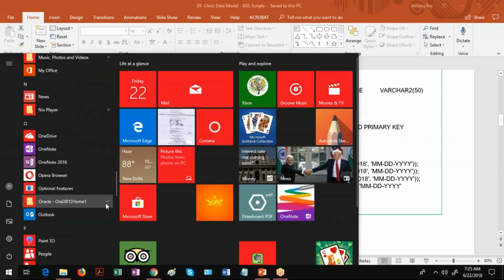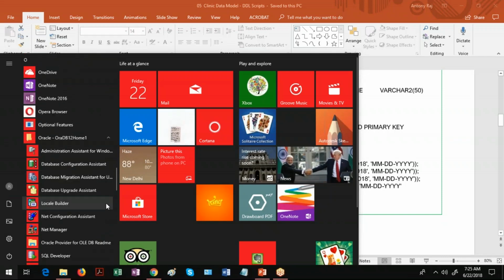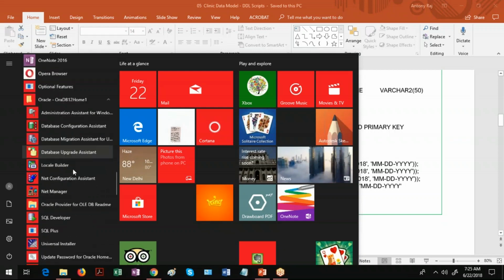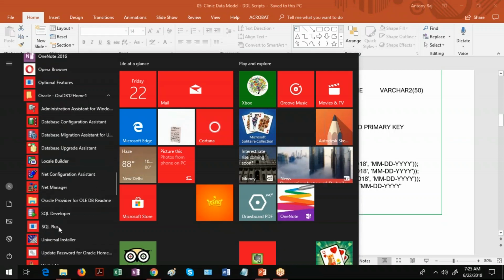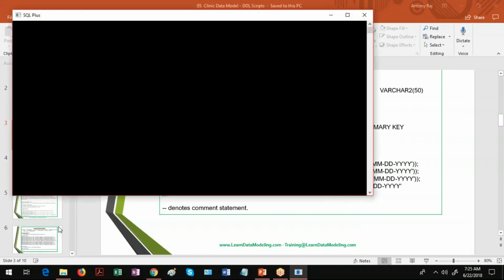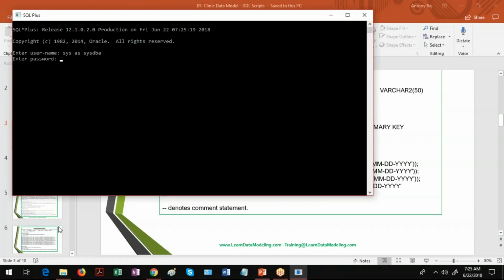You can see how I am logging in. I go to this Oracle folder and click SQL Plus here. I enter sys as sysdba as the username, then the password.